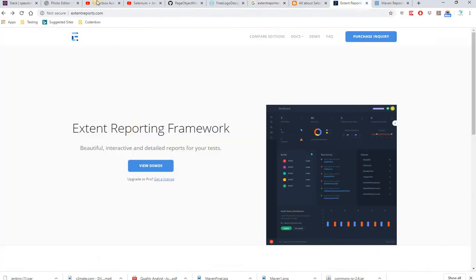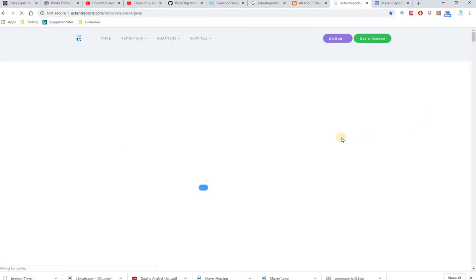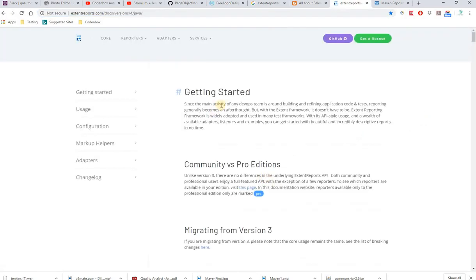The extendreports.com is the official site. It's a third-party, small company that created this report, but nowadays it's very famous because of its corporate look, dashboard, and detailed reporting. If you go over here to docs, there is version 4 based on Java. If you click on Java, you can see over here